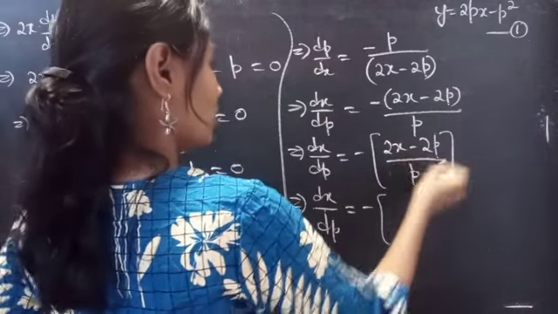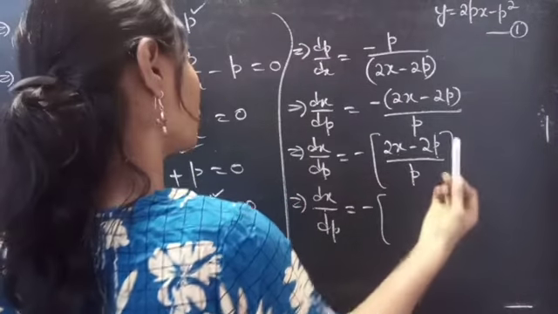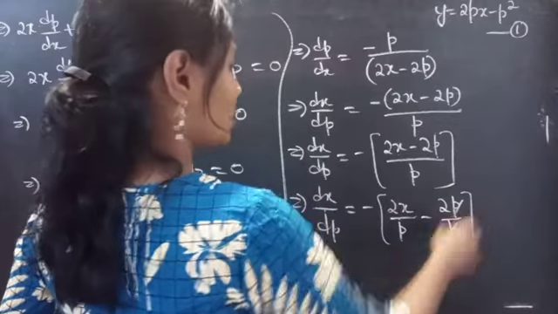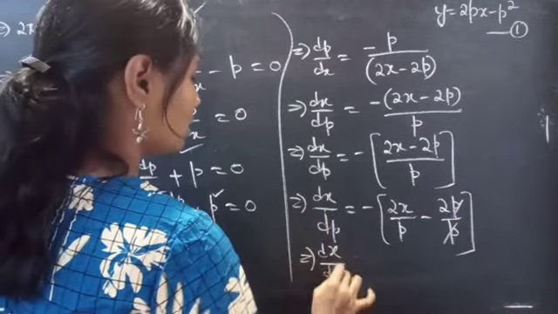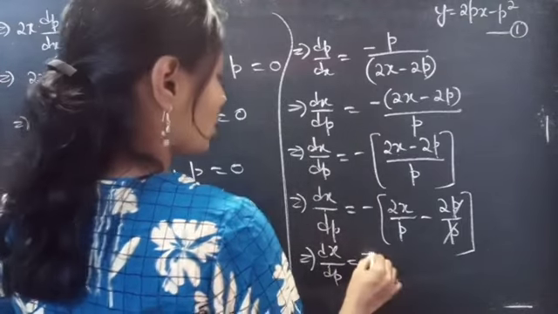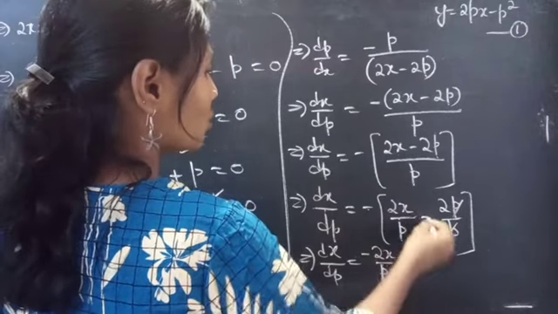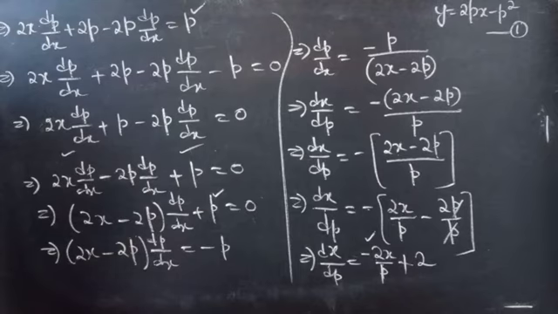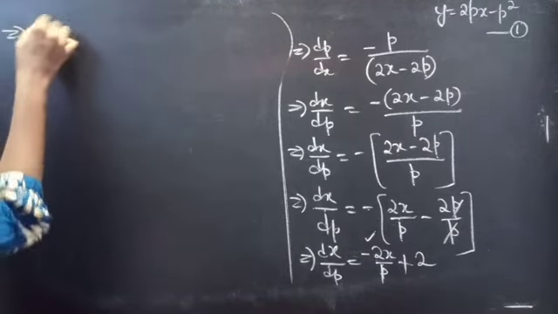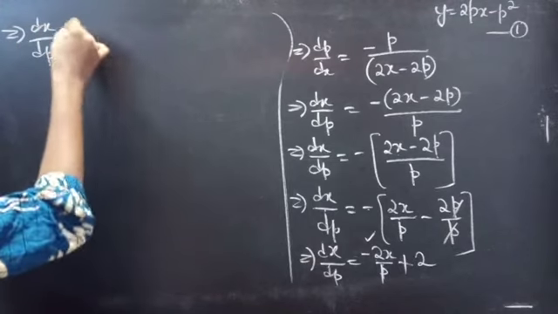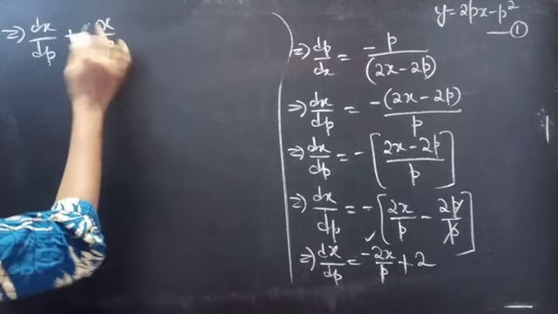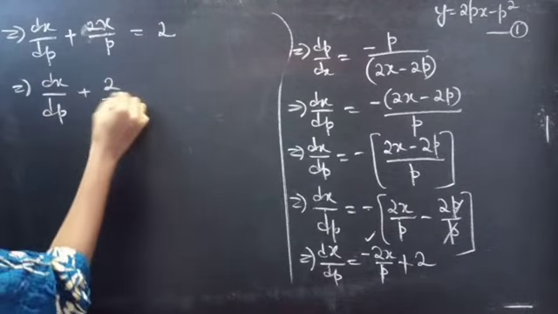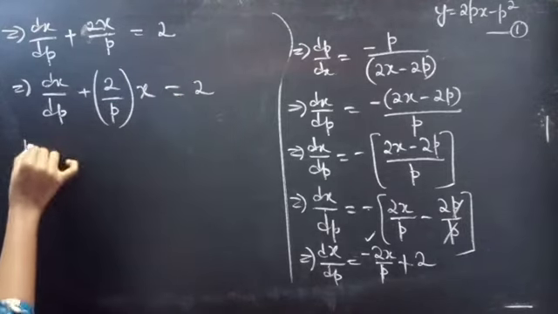Now split this fraction into two fractions. Since we are having two terms in the numerator and one term in the denominator, we can split it as 2x by p minus 2p by p. Here p gets cancelled. Then dx by dp equals minus 2x by p, minus into minus plus 2, right? Now bring this term involving x to LHS, then we'll get dx by dp plus 2x by p equals 2, right? I can also write it as dx by dp plus 2 by p into x equals 2, which is